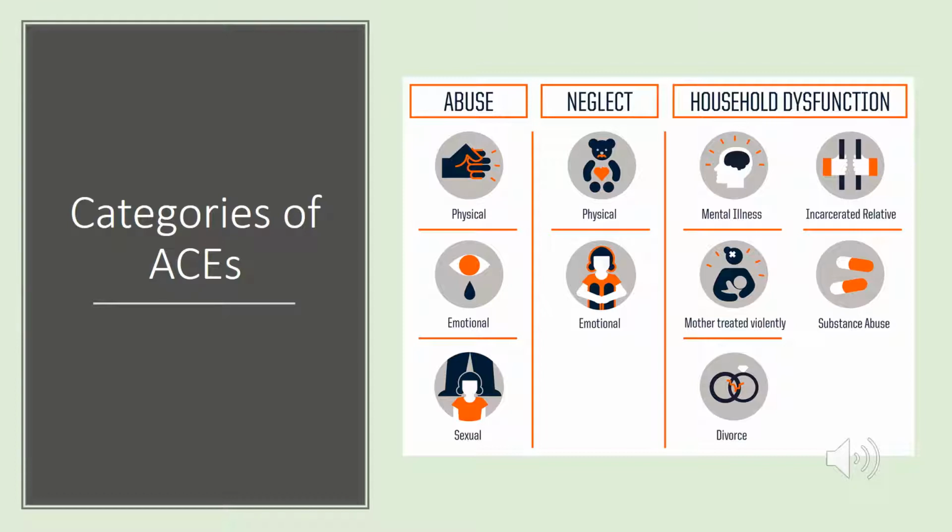And then household dysfunction. Substance abuse is living with anyone who has a substance abuse problem, and this includes alcohol or street drugs. Having any form of mental illness, so living with a person who's depressed, mentally ill, or has attempted suicide. The mother being treated violently, which includes the mother and the stepmother, sometimes or often being pushed, grabbed,